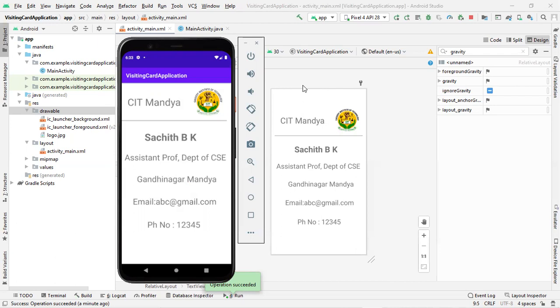Then next, we developed one calculator application. We also made sure that the divide by zero error has been handled. So if it is divided by zero, it informs the user that you are trying to divide a number by zero. It gives a toast message. So in this presentation, we covered how we can develop an application to design a simple visiting card.